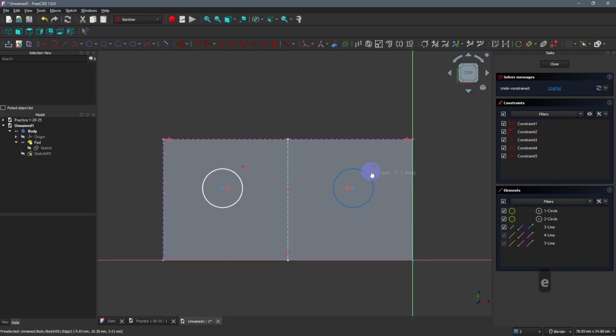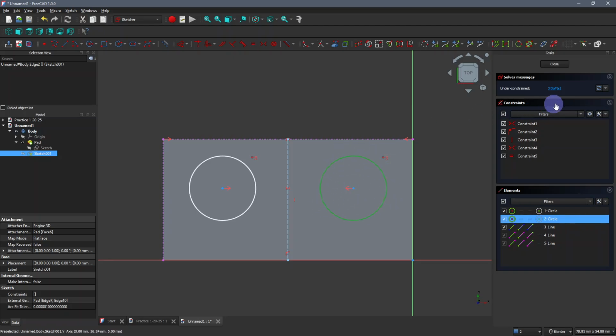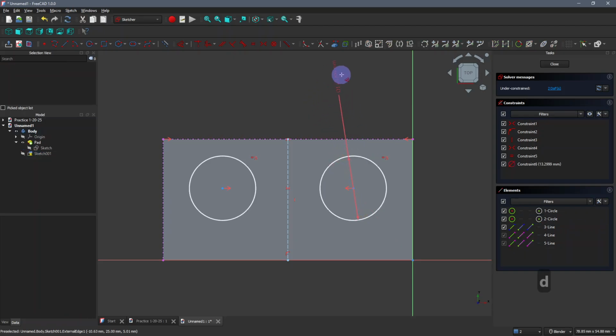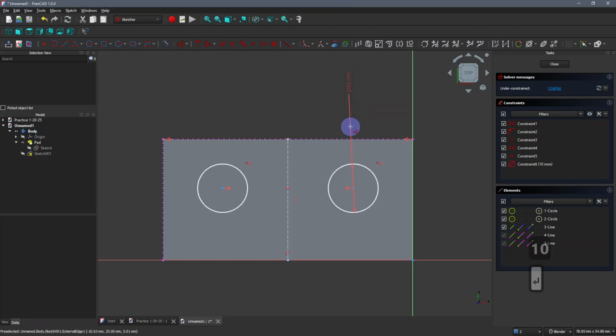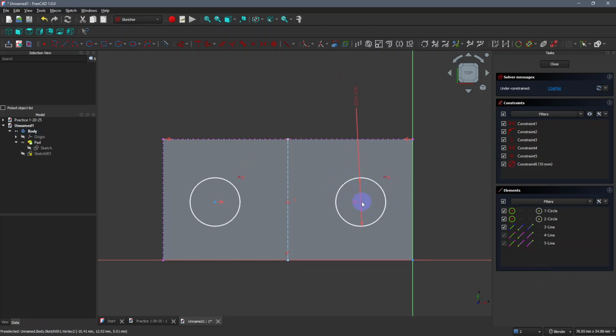As I change one, the other one follows suit. But I want to define what size these circles are. So we'll click the circle itself, click D to set a diameter. D is still just for dimension, but in this case, being a circle, we're setting a diameter. We want this diameter to be 10 millimeters. So we'll type 10, click enter, and now our circles are locked both in dimension and symmetrical on either side